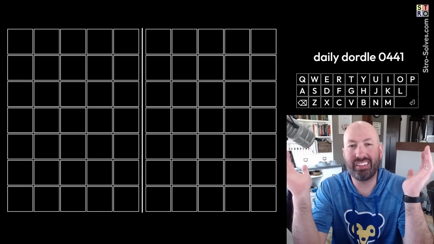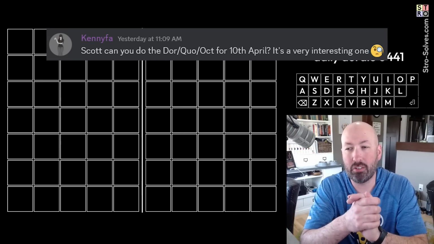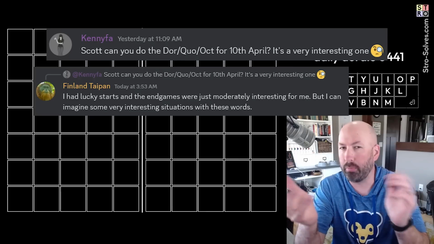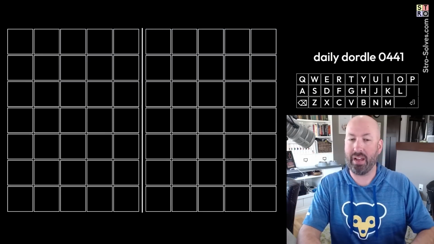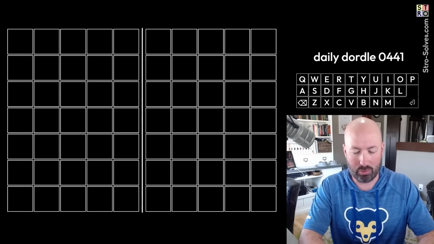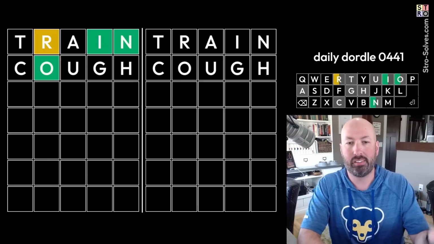All right, well, someone said that the Dordle, Quordle, and Octordle were very interesting today, and somebody else said that they had some lucky starts, but they could imagine how it would be interesting. So I'm curious to see how it could be imaginatively interesting, maybe. So starting with the Dordle like usual, I'm gonna go with train and cough like usual, and see how we